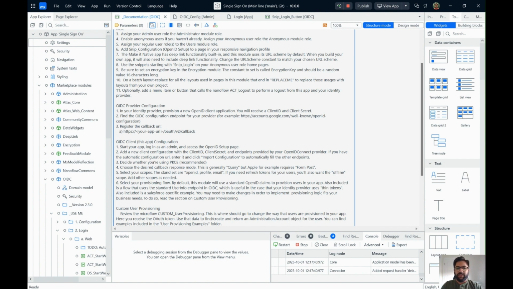Now, again, it's asking us to use the ACT_Logout nanoflow to perform a logout on your application server, right? So this is what we discussed for having the two logout buttons. So again, you could use one of the two buttons depending on how you want it to be, right? So if you want your user to be always logged into your authentication server, and it is not a critical application, then you need not perform the OIDC logout every time, and